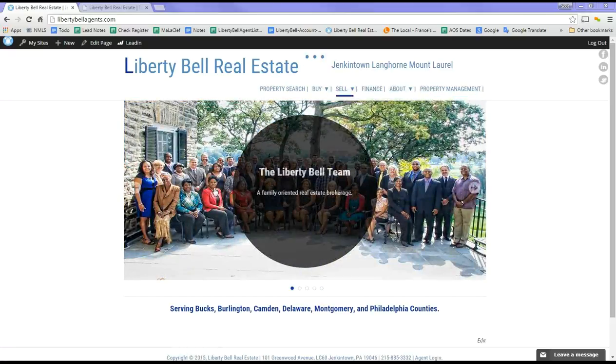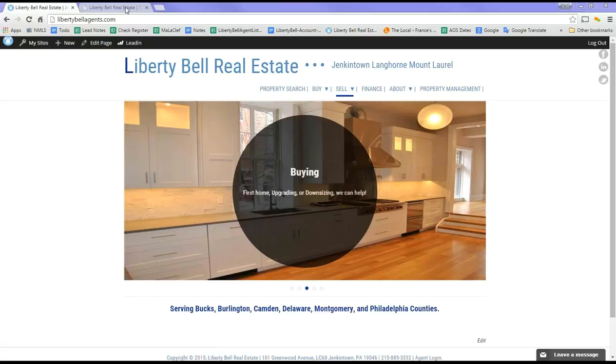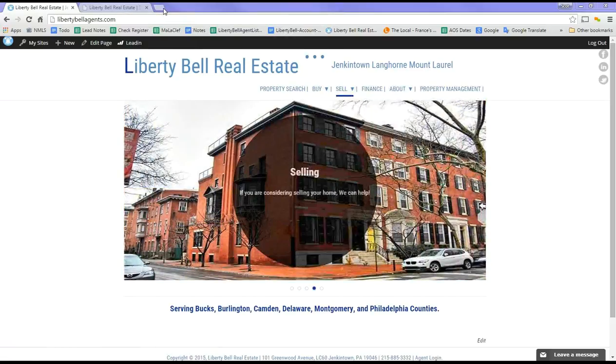and you see the main center with the photo of the office, and then down below we have our slogan where it says that we're serving the different counties, and then our address down below. If we were to go into one of our agent sites, the site looks the same